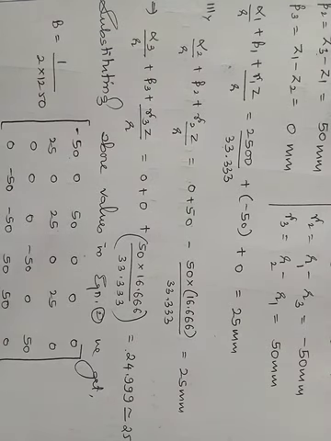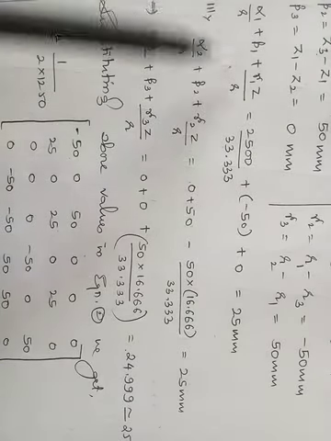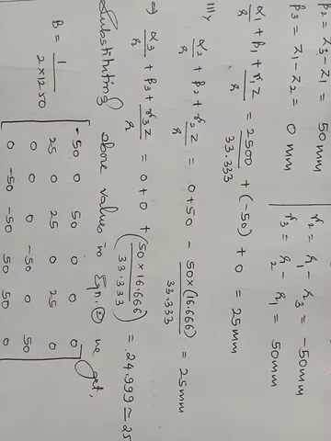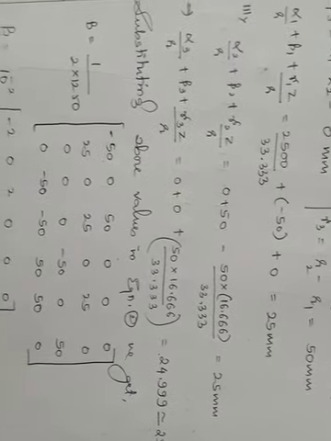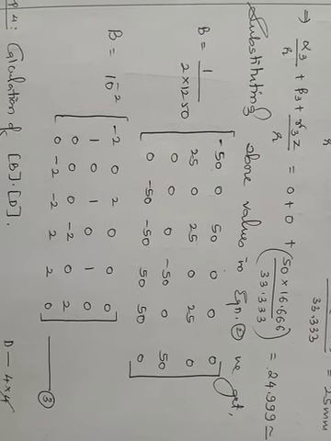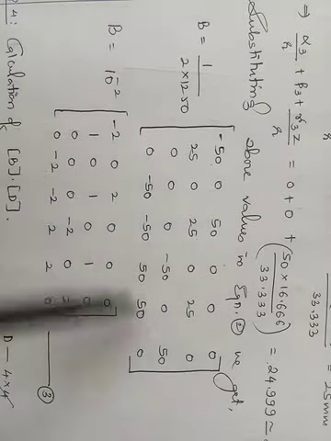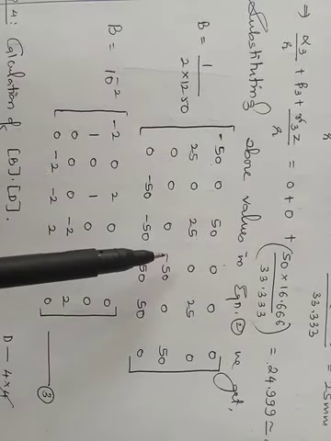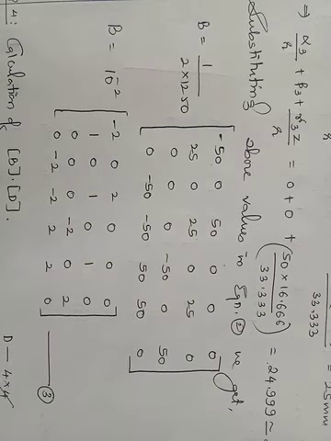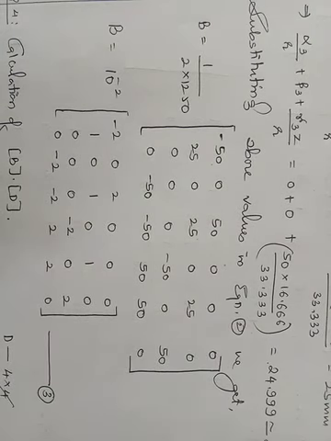Right, now substituting all these values, beta 1, beta 2, beta 3, gamma 1, gamma 2, gamma 3, and these big terms which are 3 in number into the B matrix, I'll be getting the value of B matrix. Right, so 1 by 2, I have calculated each and every element. I have shown the calculation, you just substitute. Now if you just observe this matrix, what you find is each and every element in this matrix is a multiple of 25. Right, it is a multiple of 25.